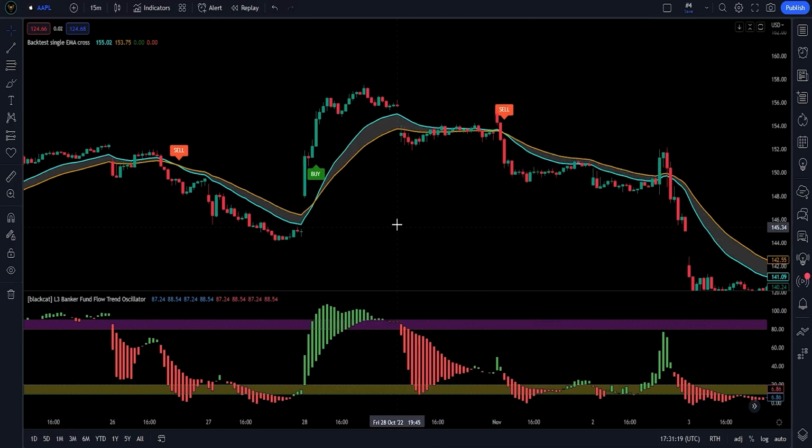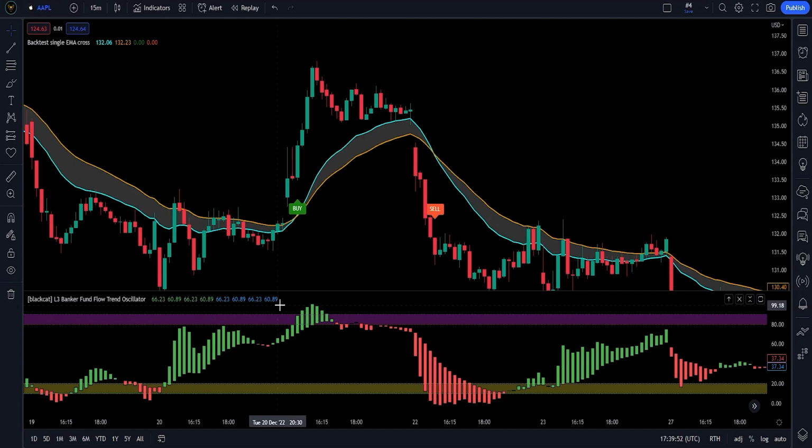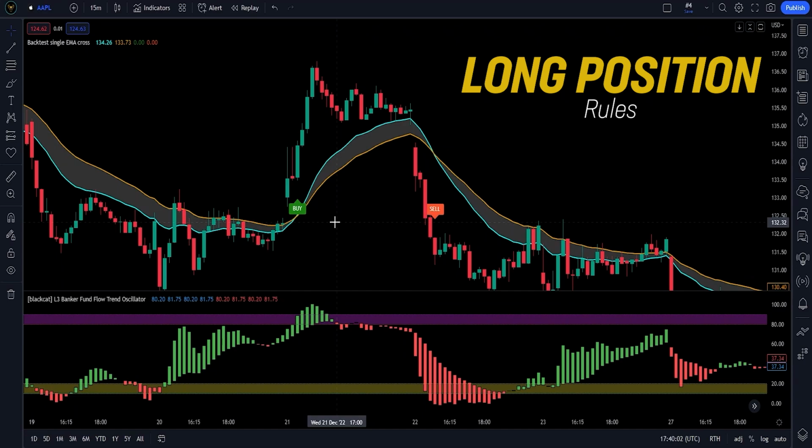Now that our setup is complete, let me show you how to trade using this strategy, starting off with long positions. If you want to make money using this trading strategy, you need to follow a few steps in order, and you will make successful trades all the time. So, in order to simplify these steps, I created this very simple 3-rule strategy that we will use as our trading blueprint. This strategy will tell us exactly when we can enter a long trade. So, let me explain what 3 rules we will follow.